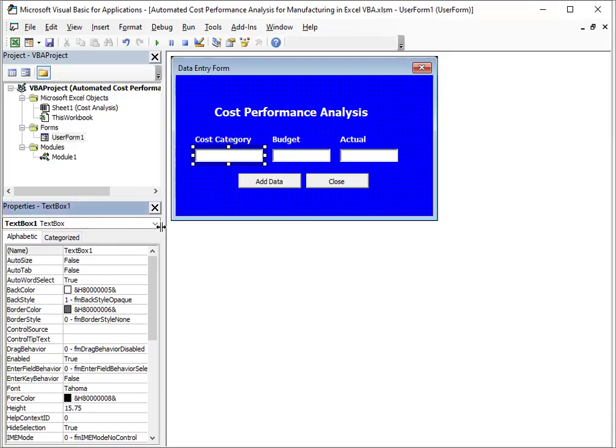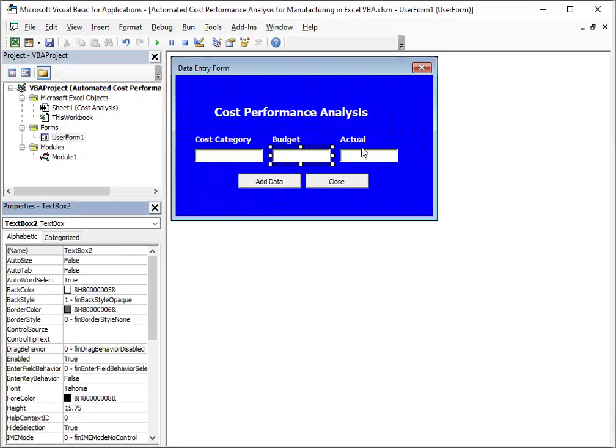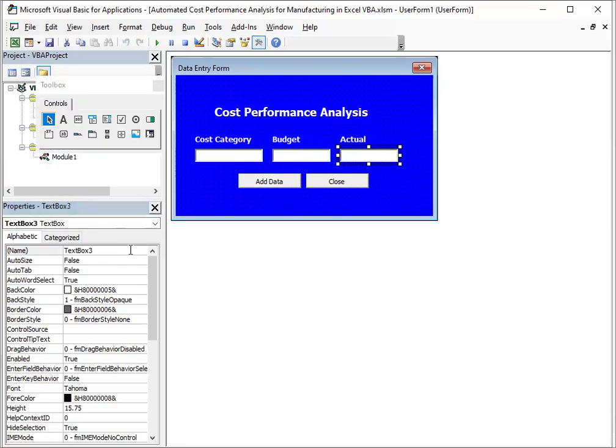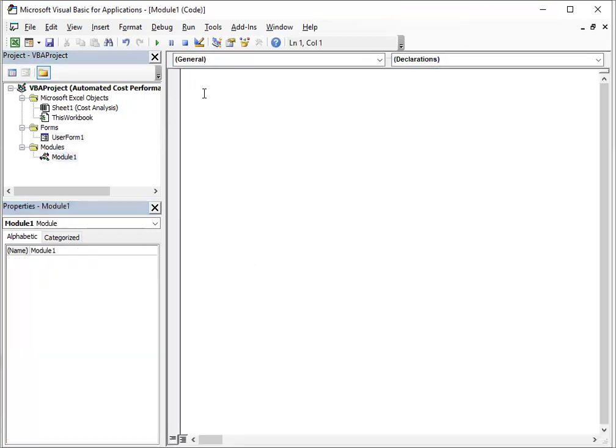This first one is text box 1, and the budget text box is text box 2, and the actual is text box 3. And only 2 buttons, which is the add data and the close button for the exiting of the data entry form. So going back to the module 1,